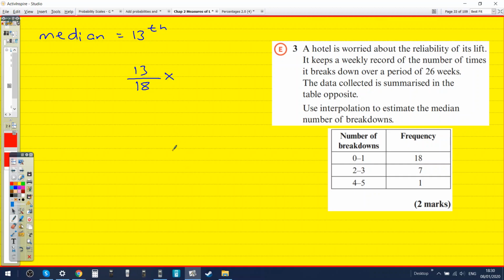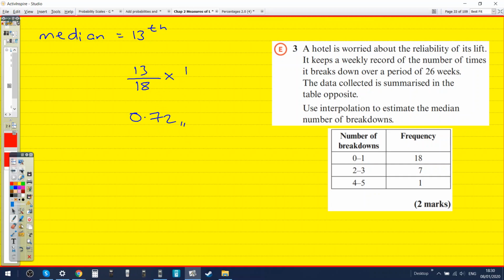Times by 0.5. What is the class width? 1. It is currently 1, but if you unrounded it... Oh wait, number of breakdowns. This won't unround, so this is 1, is it? Okay, calculator, what is 13 over 18 as a decimal? 0.72. I think that's it. So it's roughly 0.5, but a more accurate thing would be 0.72